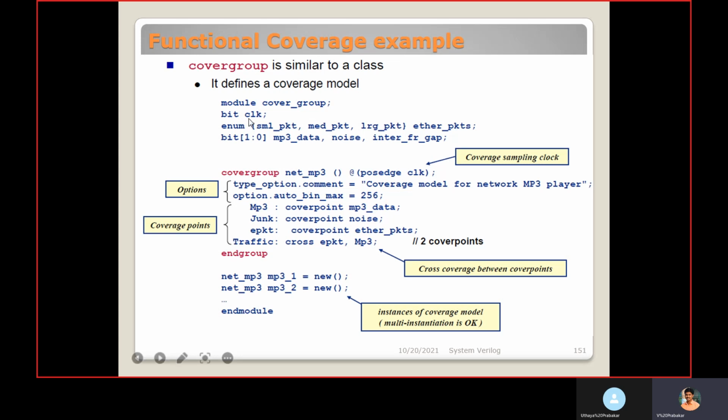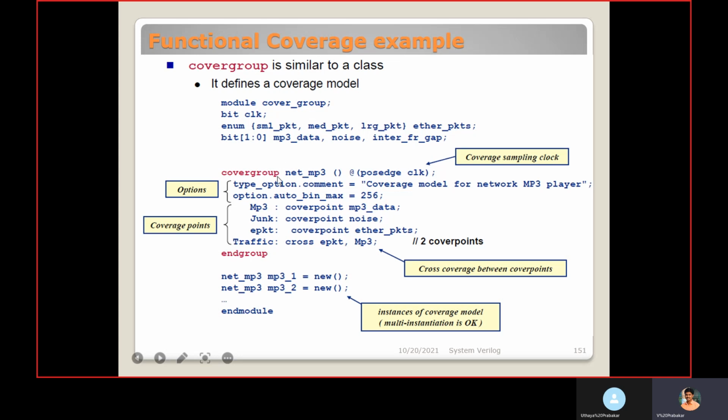Here inside the model, we have signals or properties, variables like clock and Ethernet packet. It is an event data type, consisting of small, medium, and large packet. And MP3 data, noise, inter-reference gap. All these are bit [1:0] type.